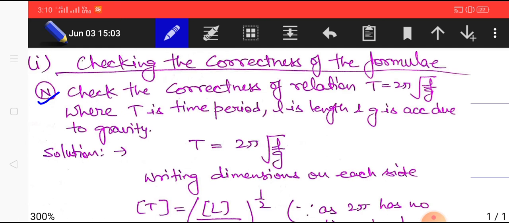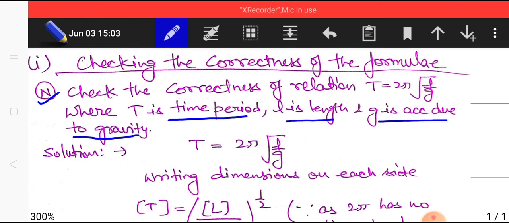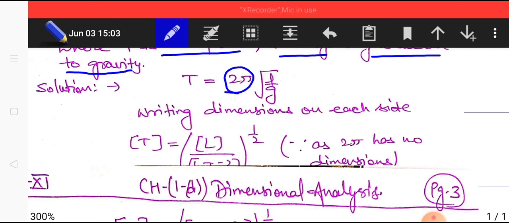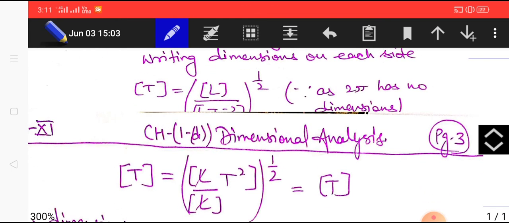Check the correctness of relation T is equal to 2 pi root L by g, where T is time period, L is length, and g is acceleration due to gravity. So writing the relation, writing dimensions on each side, T has dimensions T only, 2 pi is dimensionless quantity, and the square root means power 1 by 2 as we all know. So we can write it like